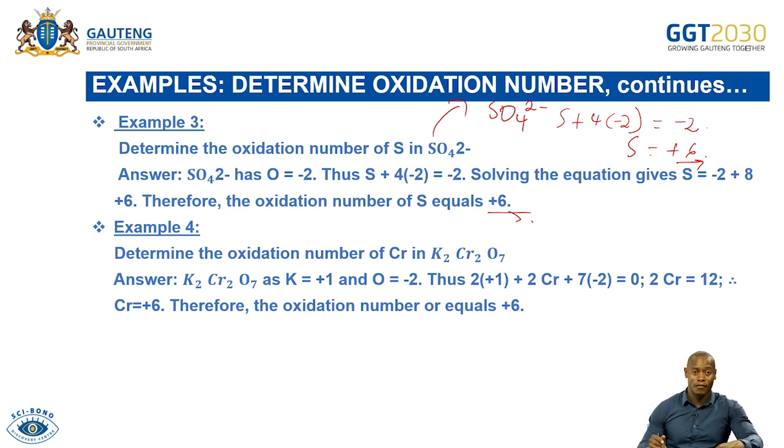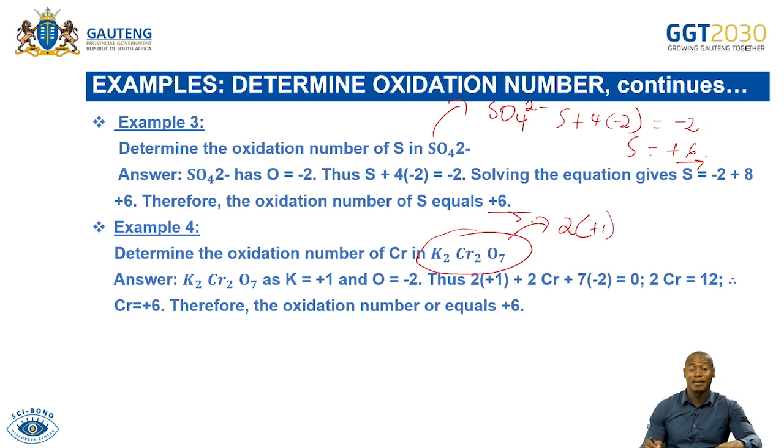So example number 4, we are given K2Cr2O7, which is potassium dichromate. So that is the name of that compound, potassium dichromate, right? So what are they looking for here? They are looking for the oxidation number of chromium in potassium dichromate, right? So potassium is in group 1. How many potassium atoms are we having here? There are 2, right? So potassium is in group 1, so its oxidation number would be